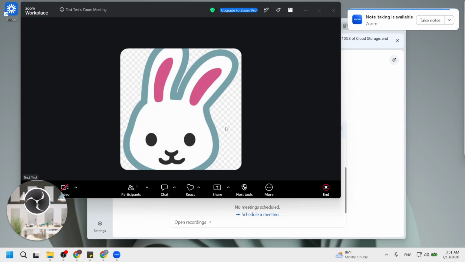A 3-second countdown will play and Loom will begin capturing the Zoom meeting. This countdown gives you a moment to prepare yourself for the meeting. You can take a deep breath and get ready to engage with your participants. During this time, you can also check your camera angle and microphone settings to ensure everything is in order.